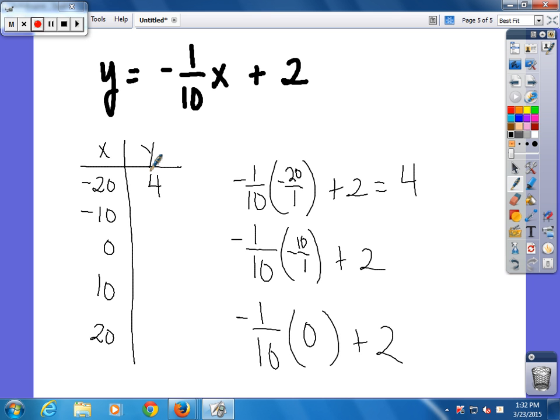And negative 10 divided by negative 10 is 1, plus 2. And 0 plus 2 is, it looks like we're subtracting 1, or adding a negative 1. So 4, 3, 2, and